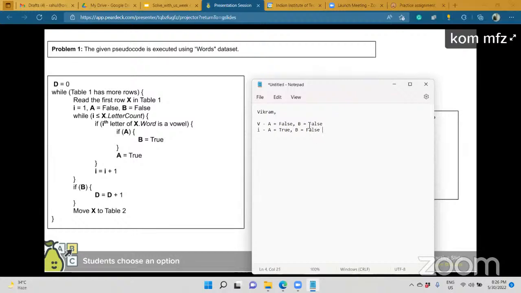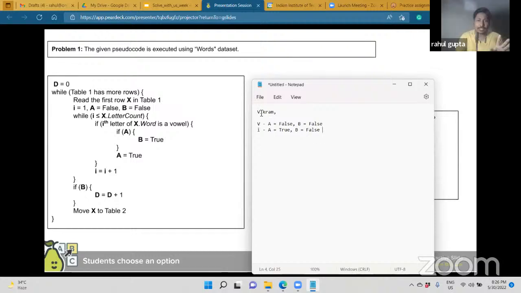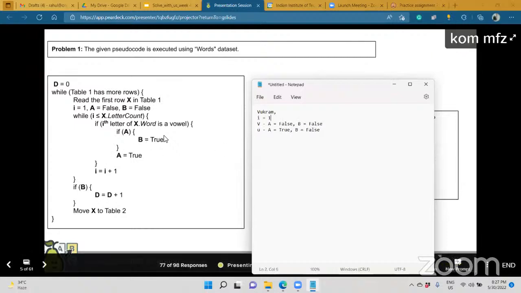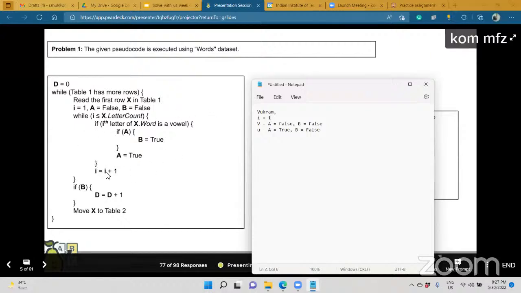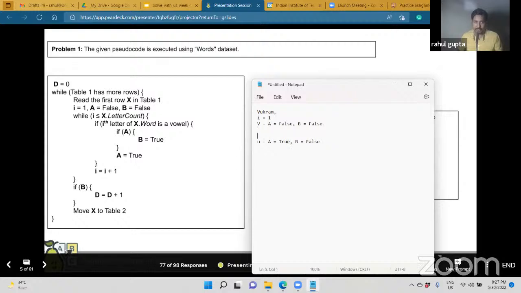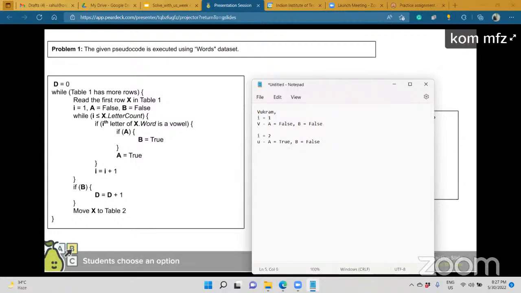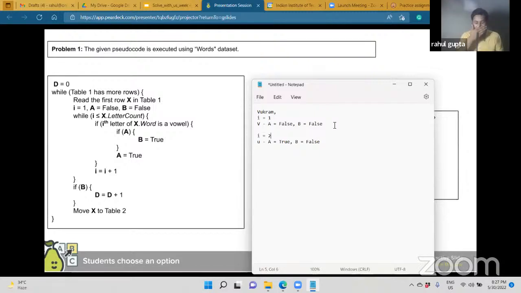When you executed, I think I took a wrong... okay, now it will be clear. I is being interpreted. So when I is equal to 1, you are going to access V, right? Yes, sir. Because V is not a vowel, I'll skip this whole if block, right? Yes, sir. And I will increment I. So I did not change anything in A or B, right? Oh, I made a mistake, sir. I got confused with the closing and opening brackets, sir. Let's complete this now.